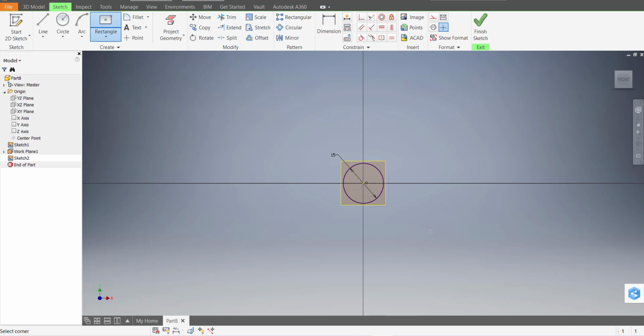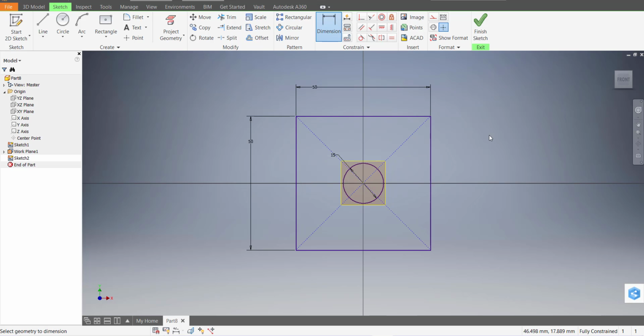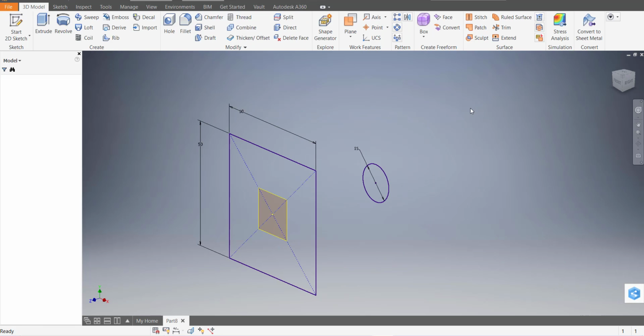And draw a rectangle. Let's dimension it. Okay, finish sketch. Now take one more plane